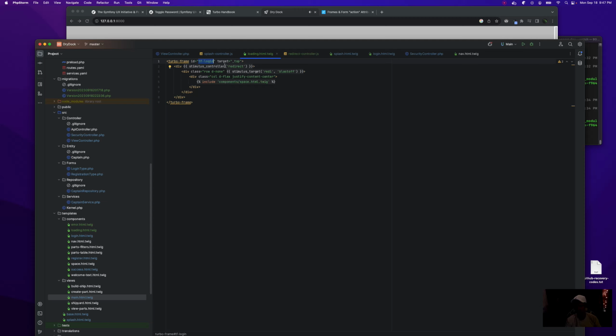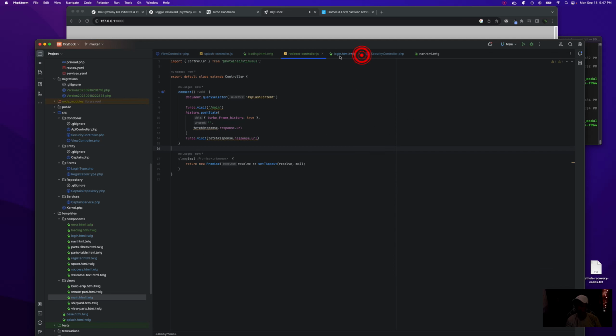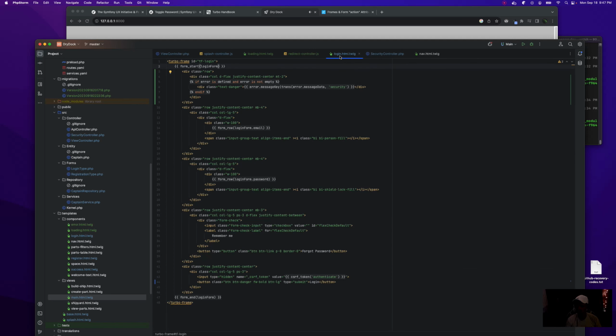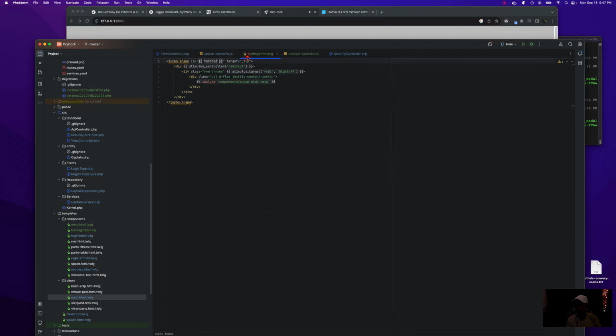So eventually at some point we might want to pass this frame ID in as a variable. So we'll just do that, turbo ID, and when it gets loaded, don't need that anymore. That's good. Okay. When we go, and yeah, there's our turbo ID for login. Perfect. Already had it. But when we navigate in here, it's going to do a full page refresh, and we're going to do that programmatically.